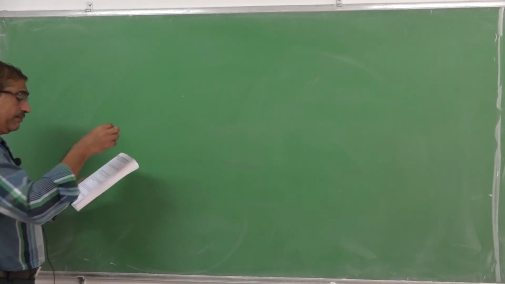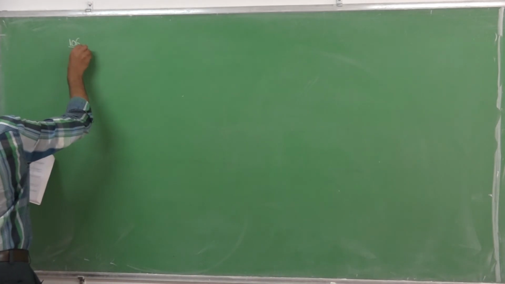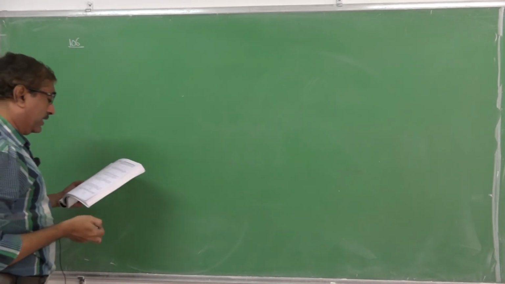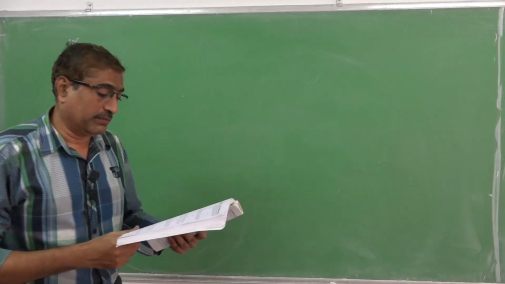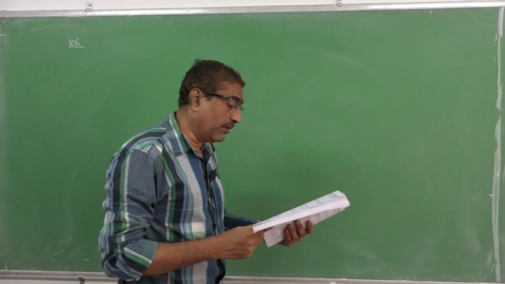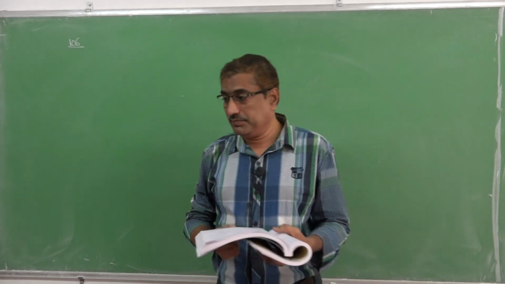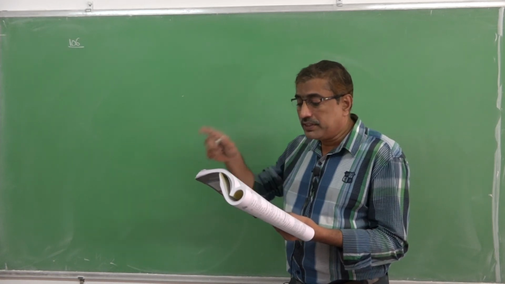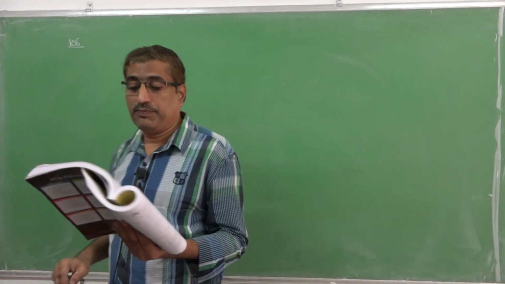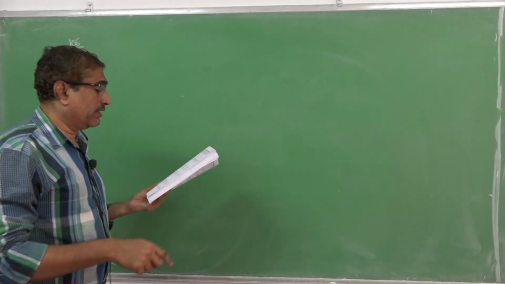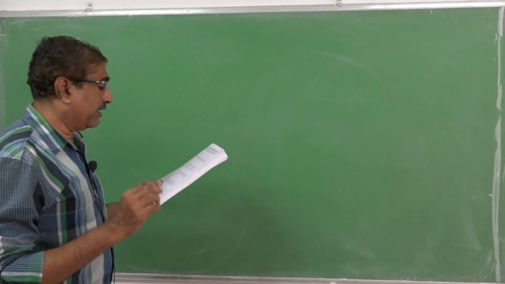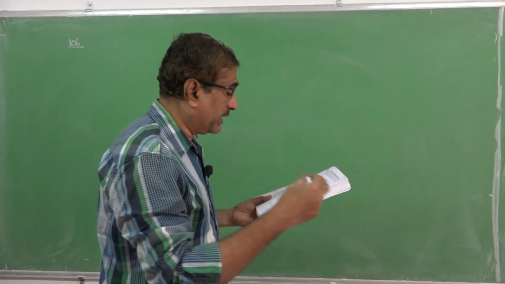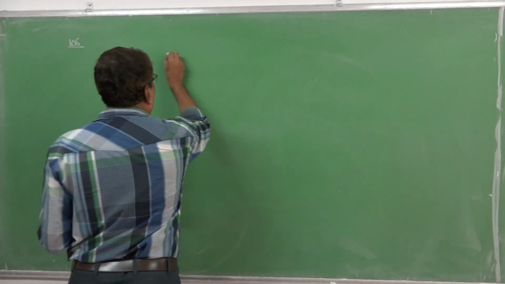Next, 106. Same continuation. A simple harmonic oscillator starts from extreme position and covers a displacement half of its amplitude in a time t. Further time taken by it to reach the mean position is, okay. So a simple harmonic oscillator starts from extreme position and covers a displacement half of its amplitude in a time t. The further time taken by it to reach the mean position is,